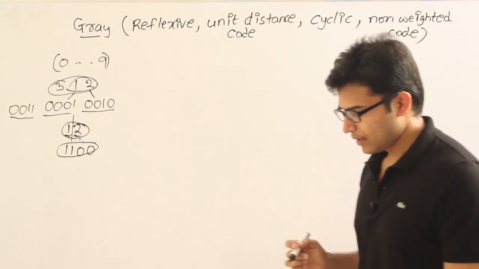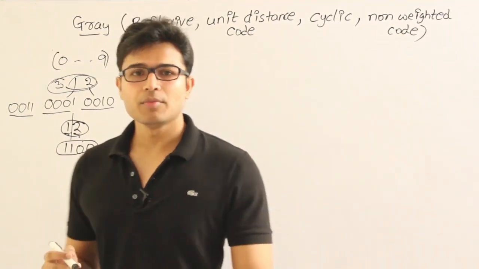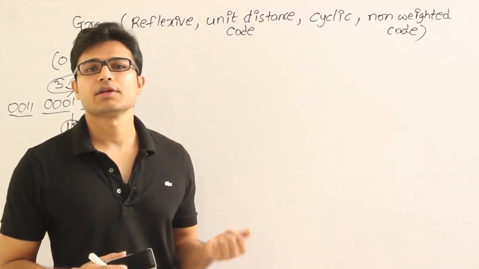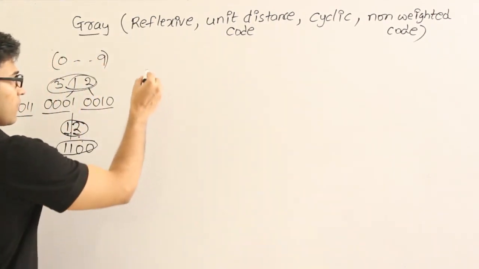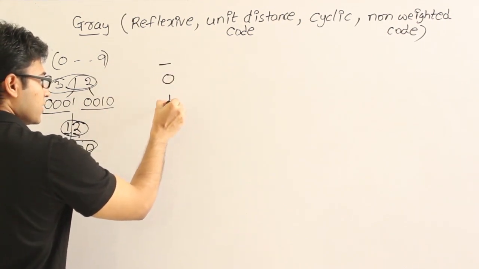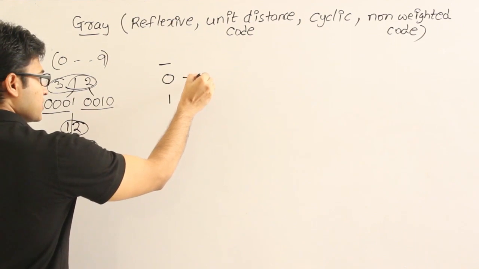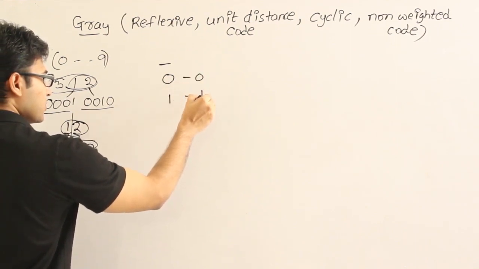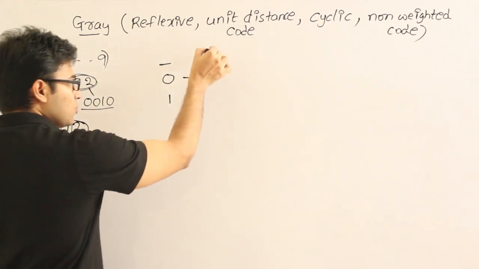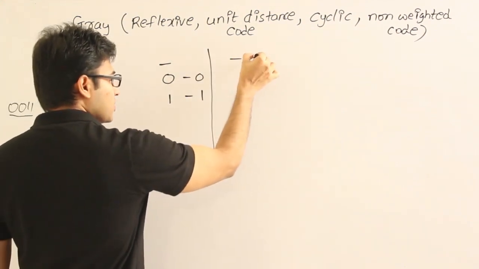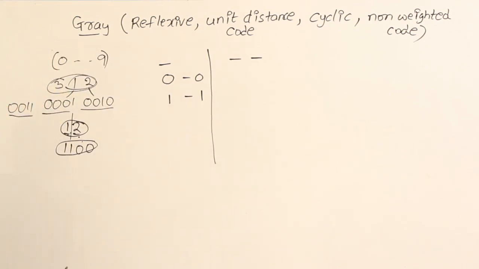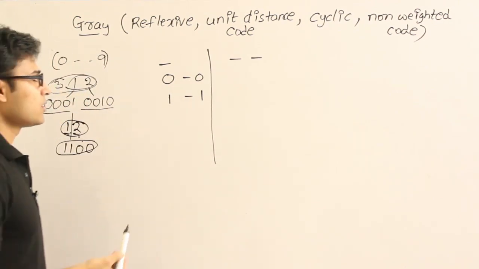reflexive. Now with 1 bit, how many combinations are possible? Two combinations. Therefore, how many numbers can be represented? 2 numbers. One combination is 0 and the other is 1. One combination represents 0 in decimal, and the other represents 1. Now with 2 bits, how many combinations are possible? 4 combinations, therefore we can represent 4 numbers,